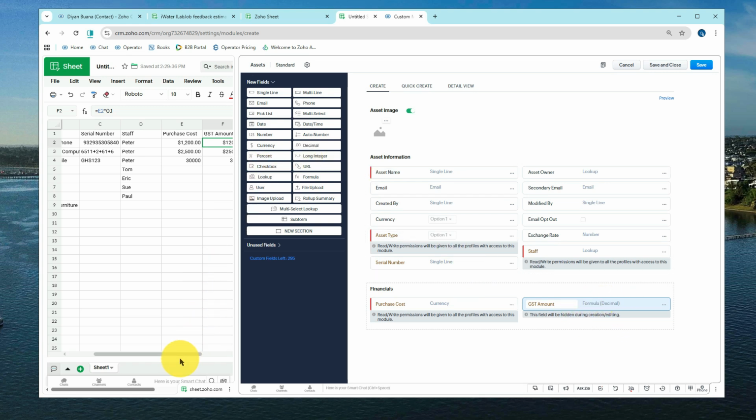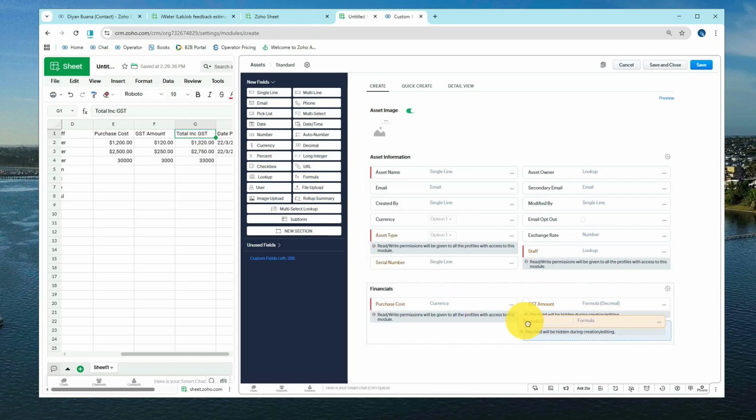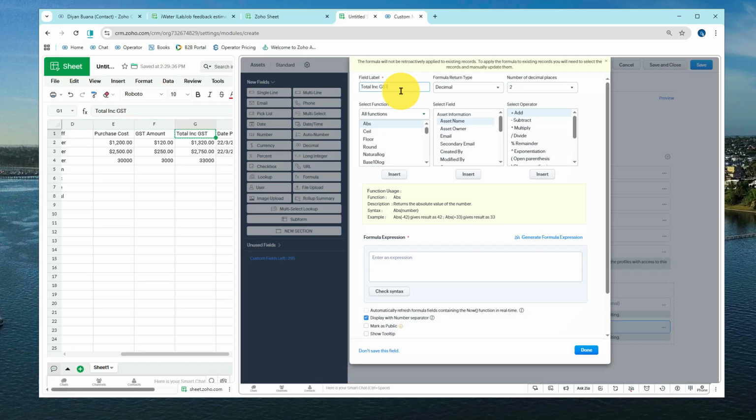Now what we need to do next is the total including GST. Again, another formula field. So we'll put that down here. We'll copy across the name. We'll come in here and scroll down to financials, the purchase cost,